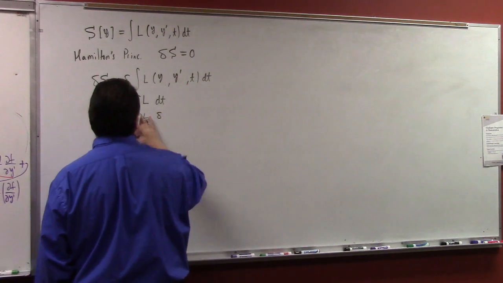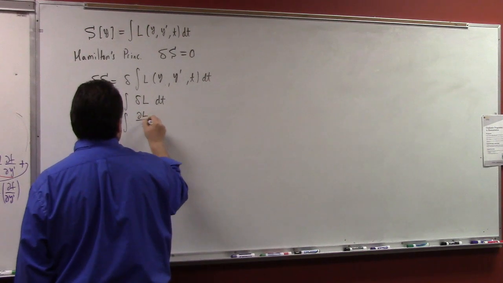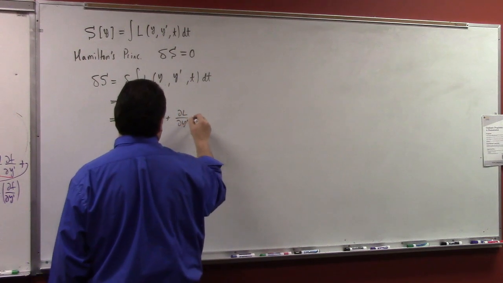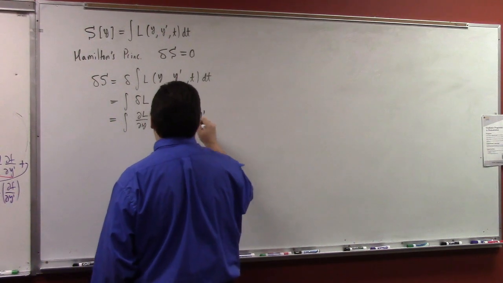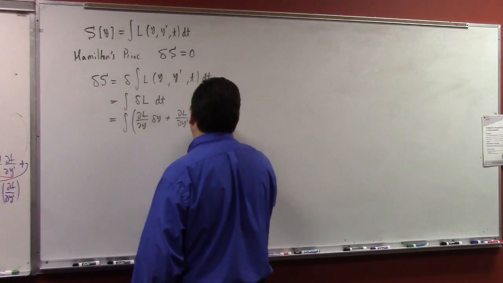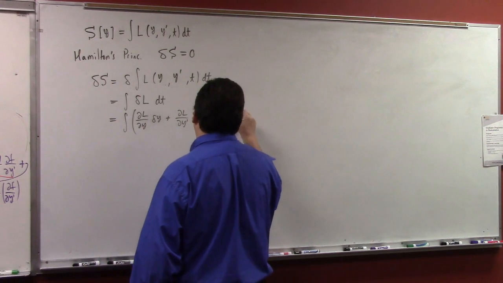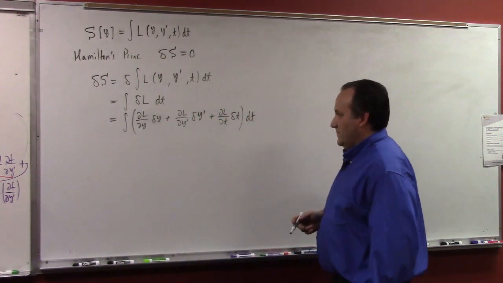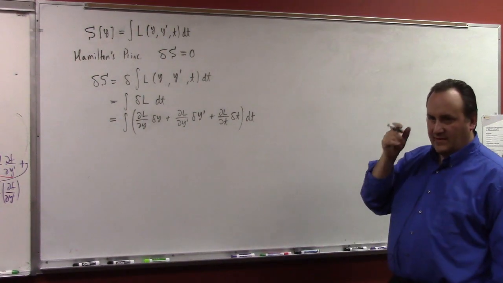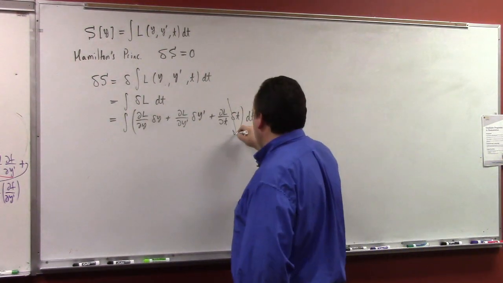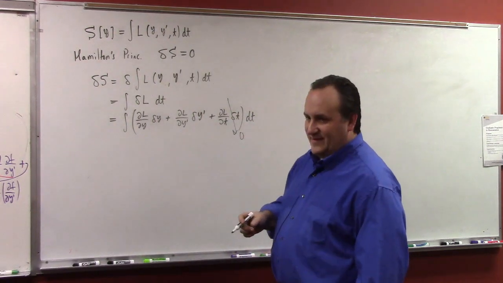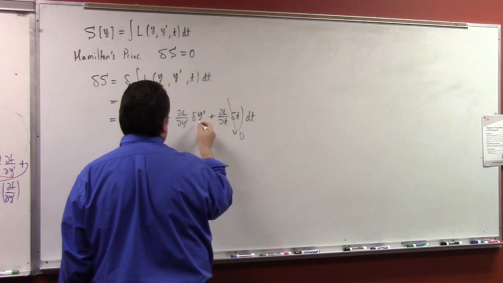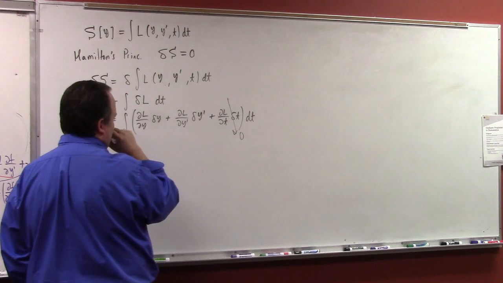All right, so then the variation of L is going to be partial L, partial y, variation of y, plus partial L, partial y prime, the variation of y prime, and then plus partial L, partial t, the variation of t. But we're only considering a variation in y. The variation in t is assumed to be 0. It's just that's 0. And then they're just like, I'm trying to remember how it goes.